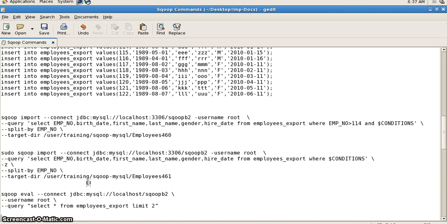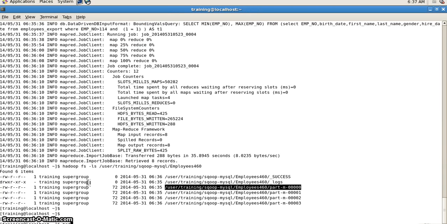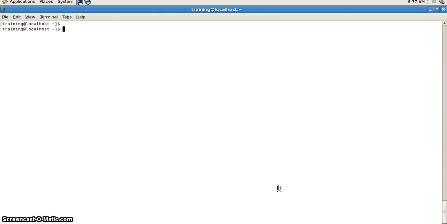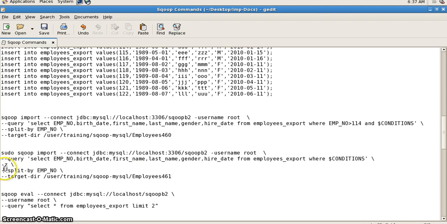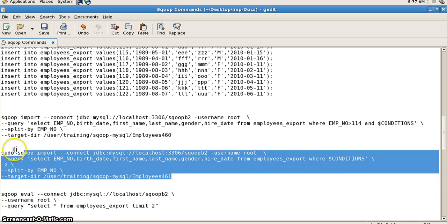Okay, you can have your specific query. Now that I had dumped my data into HDFS, see here it's a non-compressed format. If you wanted to store this in compressed format, how do you do that? You have an option called -z. When you specify that, your data will be stored in compressed format. Let's give a try on that as well.